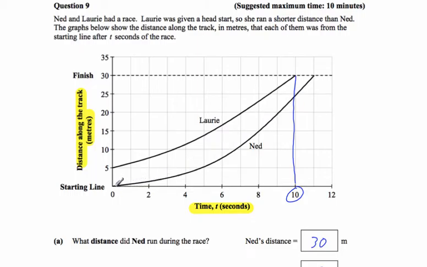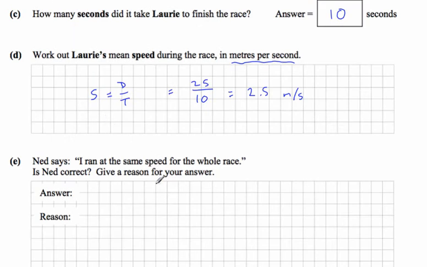So we can see he covers the first 5 meters in 5 seconds, if you look at that point there. And then as he's going up, you can see he's actually getting faster, and eventually levels out up here again. So the simple answer to that is no, Ned is not correct. And the reason would be